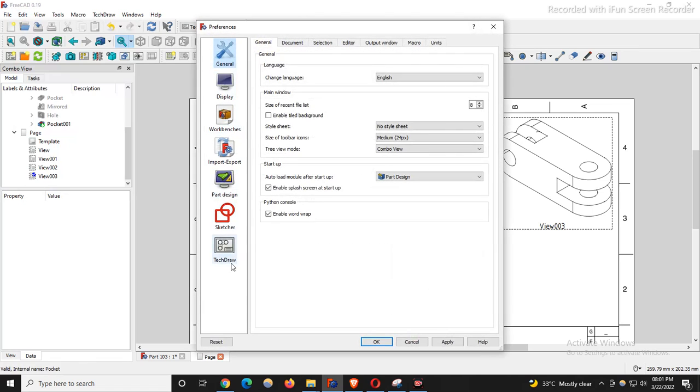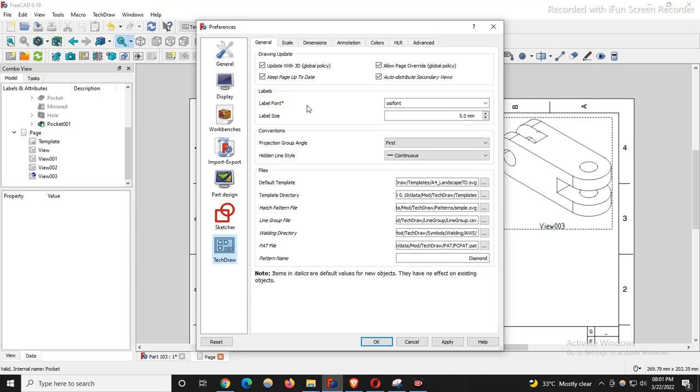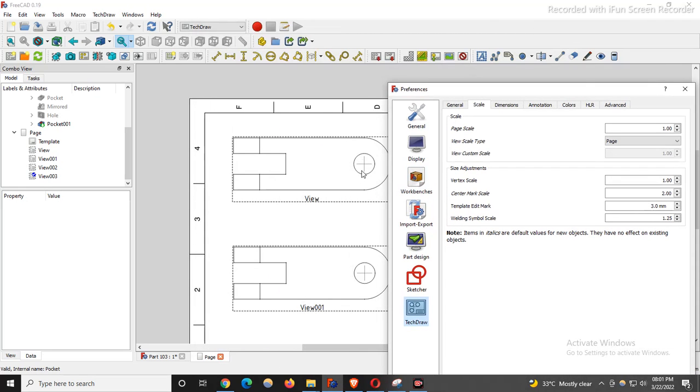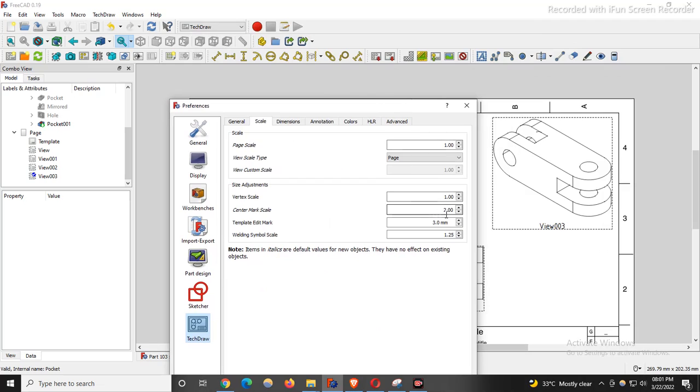So if you have the Techdraw Workbench active and you are working on drawings, in settings you will see here Techdraw. So here are some basic settings. On journal we will keep as it is. So here, center mark scale. Okay, so as I have manually set center mark scale to 10, but here in the settings you can set